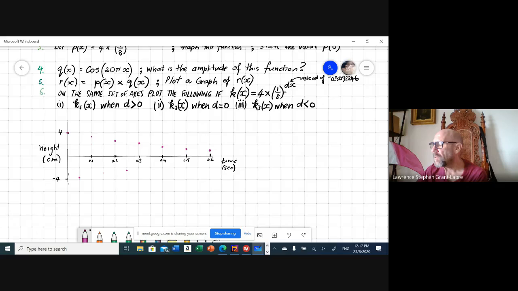Here it's a bit below 2. Oh, sorry. Let's go back. It's the wrong position. I want it here. And it's losing height. So a trigonometric curve, it's going to cross